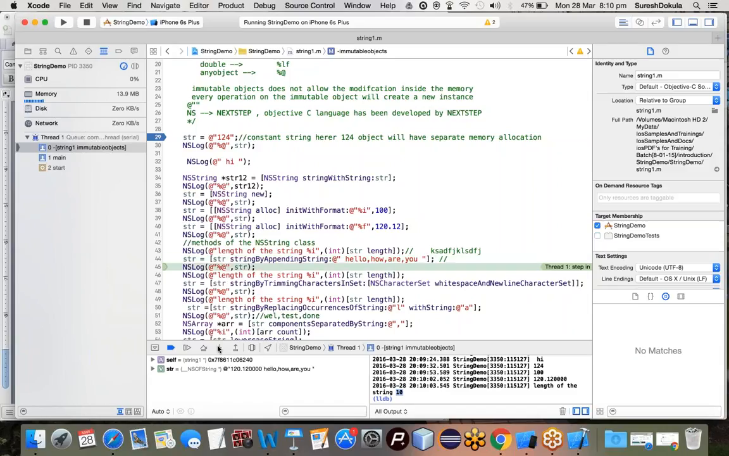If I want to display, now we can see that this is completely a new string. The previous memory address is different from the latest address. Again the length, you can see that. So now this string has